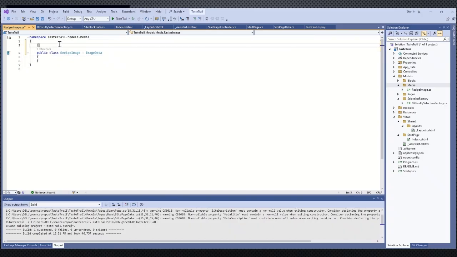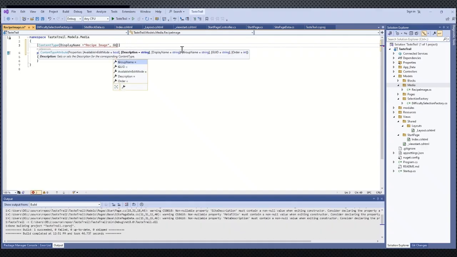So the first one is a content type, so I'll say it is content type here, and I would set all the attributes that are required. The first one is display name. I would name it as recipe image, right? The second one is the GUID. So the GUID would be